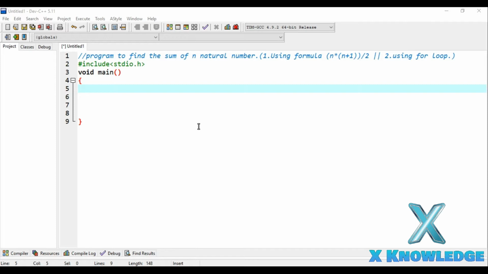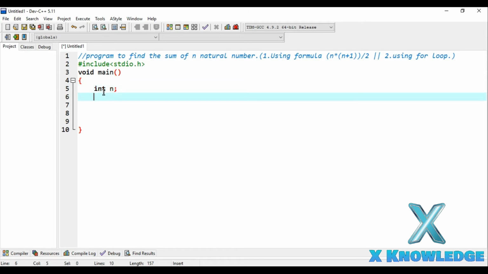because our main function is not going to return any value. Now we will define a variable in which we will store the number which the user is going to give us, that is basically the value of n. The value which the user is going to give us will be in numeric form, so we will define our variable with data type int, and give the variable name as n, since we are taking the input for n only.